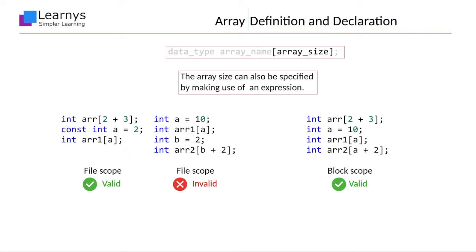We have seen that defining a variable in file scope is merely a definition. That is, the compiler does not allocate memory for the variable, whereas a declaration in a block scope is equivalent to a definition. That is, the compiler allocates memory for the variable defined in the block scope. The same rule is applicable to arrays too. In order to understand the difference between definition and declaration, please refer to the video on variables. Declaration of an array in block scope is equivalent to definition, whereas declaration in a file scope is merely a declaration.